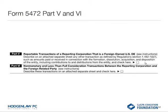Parts 5 and 6. In this particular example, we're not filling anything out, but I just wanted to include them so that we're showing the full form here. And to point out, Part 5 here, this is reportable transactions of a reporting corporation that is a foreign-owned disregarded entity. Kind of a weird sentence to say. It's a corporation that's a disregarded entity, but it kind of makes its own weird sense within the logic of